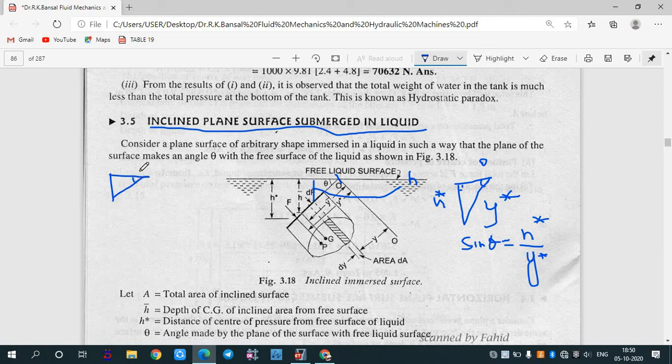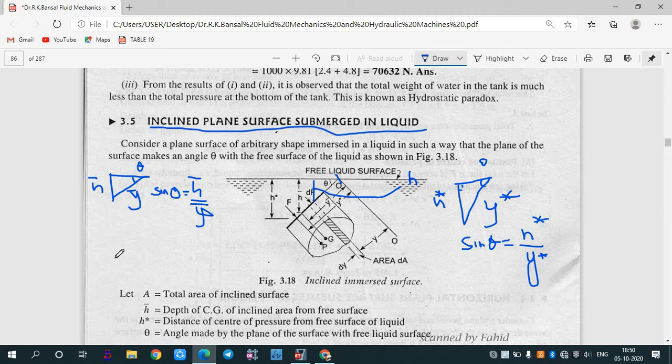Again the angle is theta. The hypotenuse is y bar, and the height in this case is h bar. So again, sine theta is nothing but perpendicular upon hypotenuse, so h bar by y bar. And this is the largest triangle, h star by y star. After that, the medium sized triangle is h bar by y bar, and there is another triangle which is forming, as I have drawn an h value corresponding with the value of y.